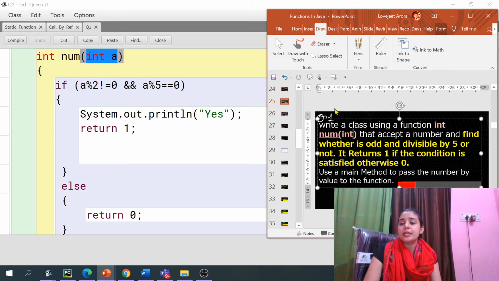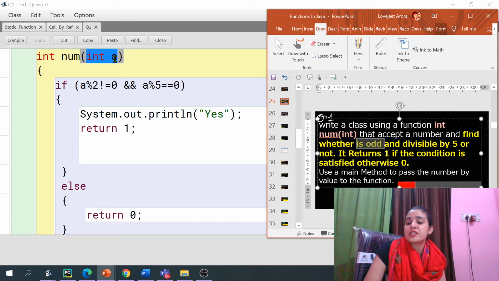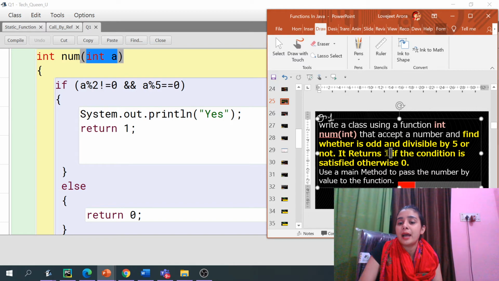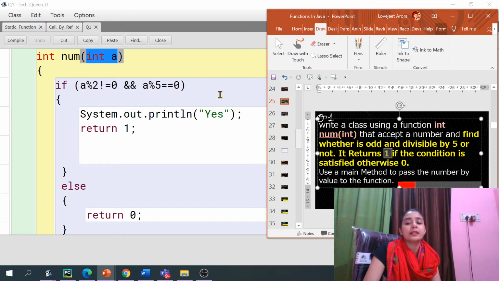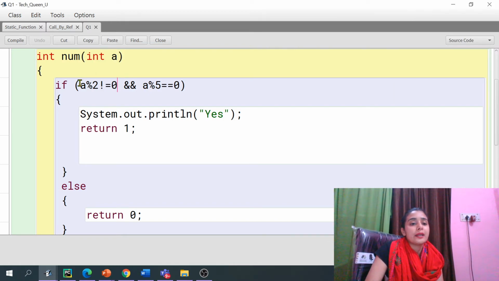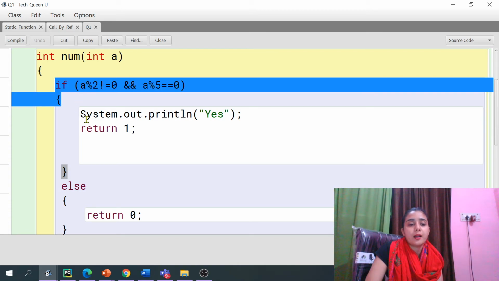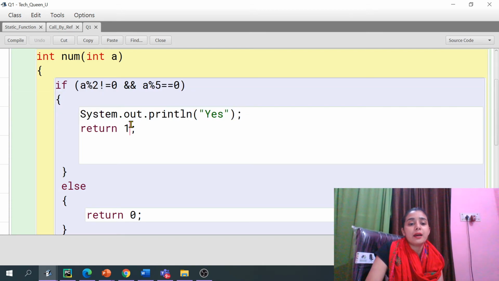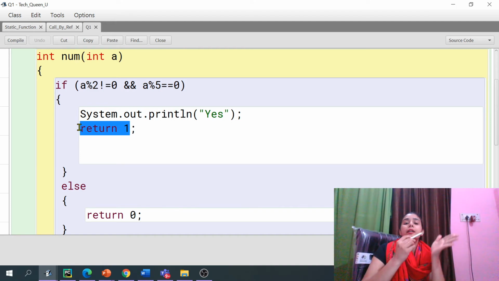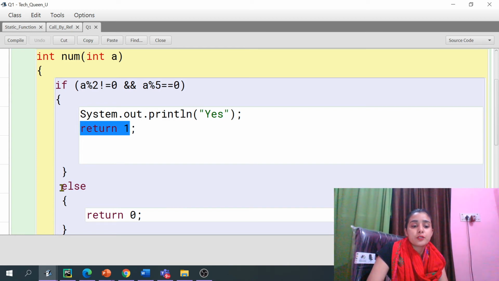Then what we need to do, we just need to find whether the particular number which you are receiving here is odd and divisible by 5 or not. If it is, you return integer 1, and if it is not, you return the integer 0, right? So guys, we check the number here, and we return 1 because the number is divisible by 5 as well as odd. If not, you return the value 0.